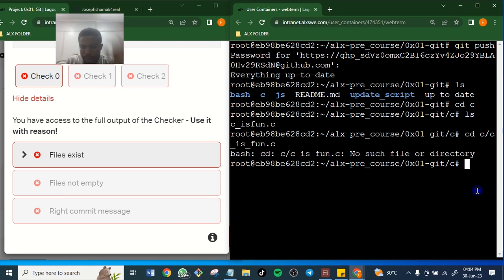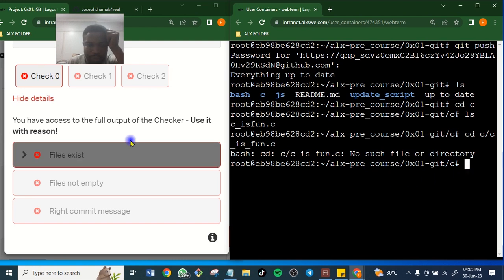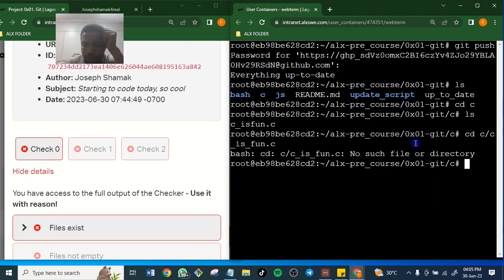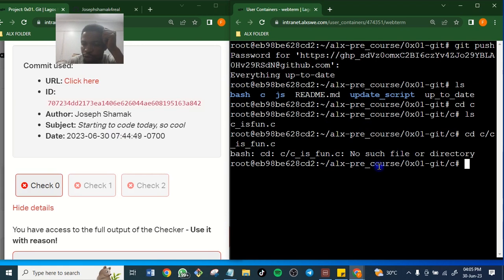They say these files are not empty. It has been checked, so we don't need to worry about this. My work has been checked before, so I have already Git pushed into the system.